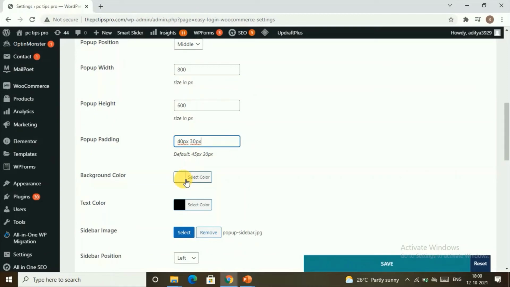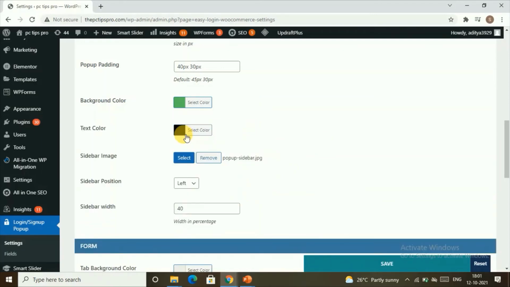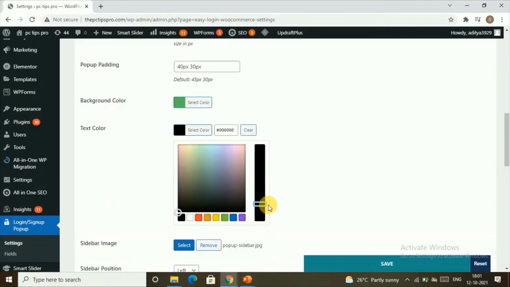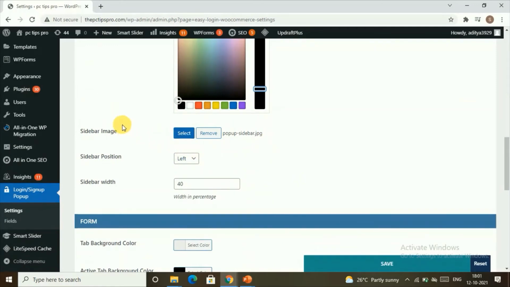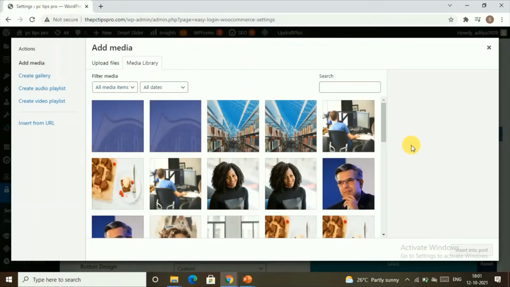You can choose the background color. You can just click here and choose different colors, the color that you wish for your forms, and then you can choose the text color. Then you can choose whether you want to remove the sidebar, or select the sidebar image, and you can upload the image from the media.